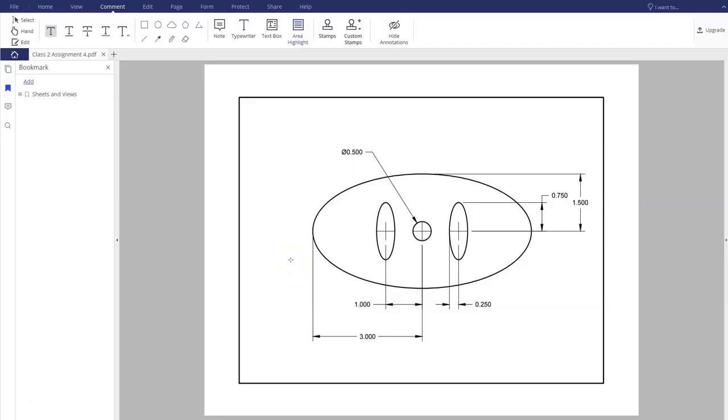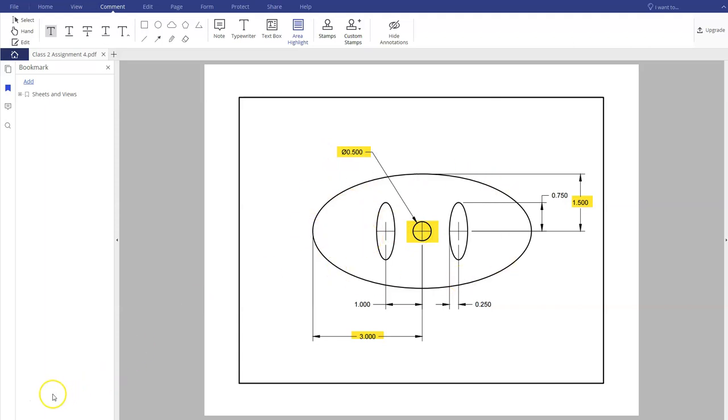Looking at this one, you can see that we have 3 ellipses and a circle. And we can decide how we want to start this. You can choose to start with the circle here in the middle, or you can decide to start with your ellipse on the outside. Either way is acceptable. We just can't start with the 2 smaller ellipses on the inside. So for this example, I think I'm going to start with my circle on the inside, and then I'll build